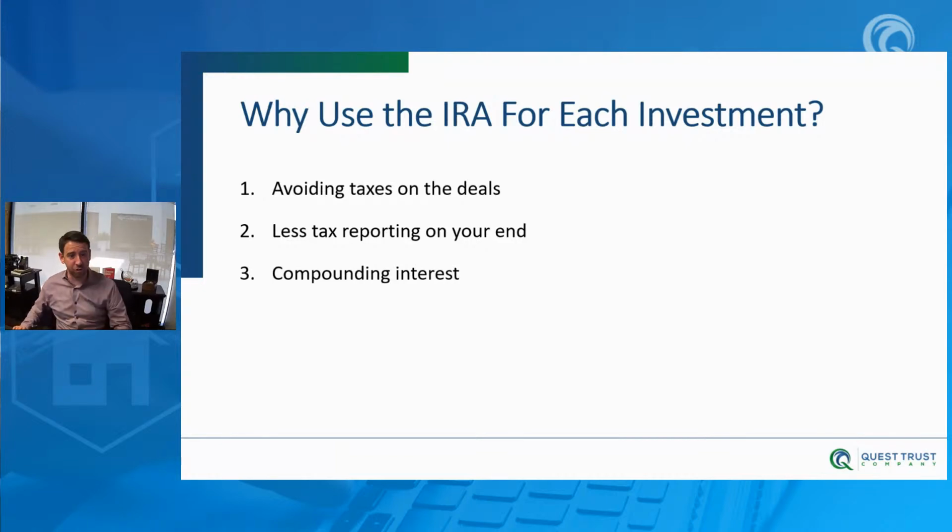The compounding interest. The very beginning, I said if you did a fix and flip and you earned $20,000 on this fix and flip, but you lose, let's call it $5,000 to taxation, this means I only have $15,000 to reinvest. But in the IRA, I get to use compounding interest. Instead of reinvesting 15, I get to reinvest 20. We all know the more money we have, the easier it is to reinvest, the easier it is to compound, the easier it is to earn more profits, earn more capital, find my next deal. So leveraging compounding interest in the self-directed IRA is one of the biggest aspects I think that people just miss out on.